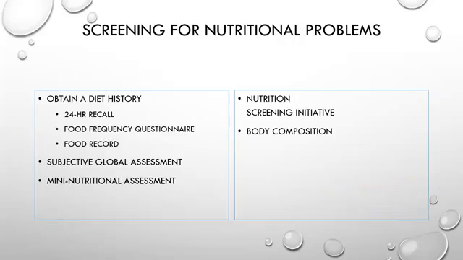All right, so screening for nutritional problems. This is part of our nursing process, our assessment. We're going to obtain a dietary history. When we're taking a diet history, whether we use a self-administered form or an interview or whatever we use to collect knowledge about our patient, we're going to ask about their basic eating habits and their food attitudes. How do they feel about certain foods, their preferences, any cultural factors, and dietary supplements.